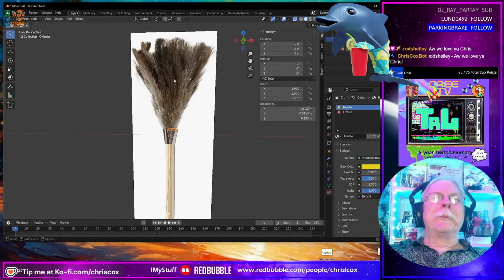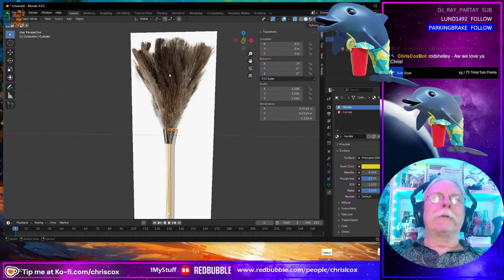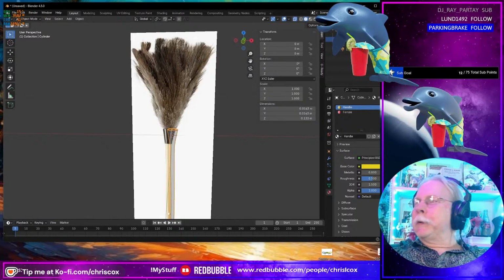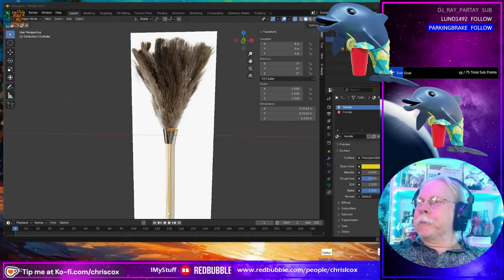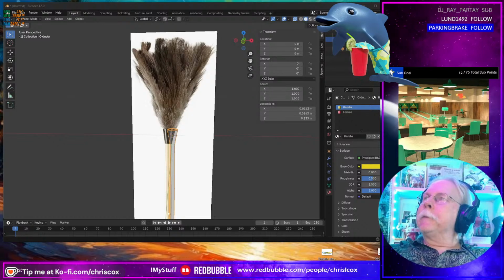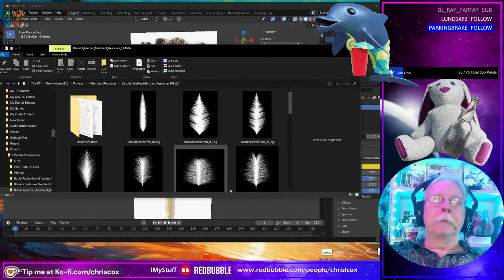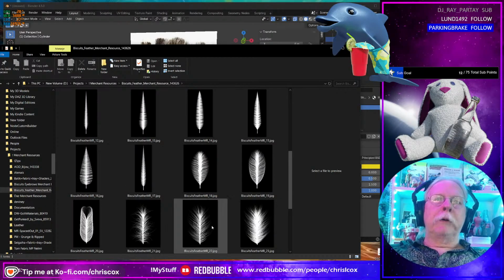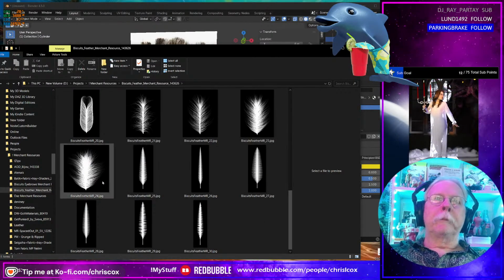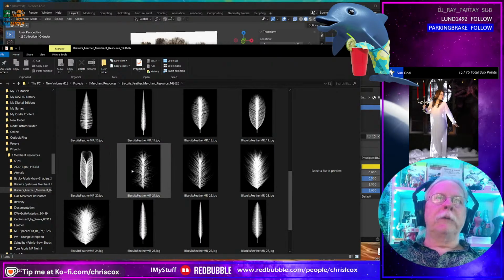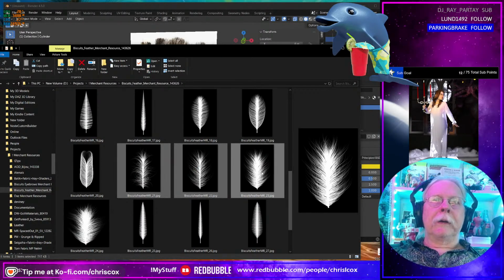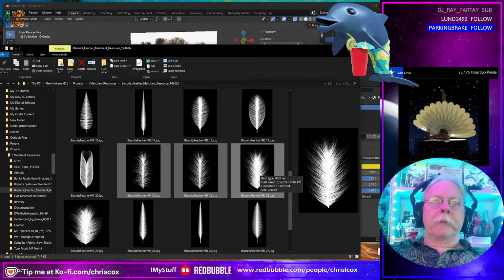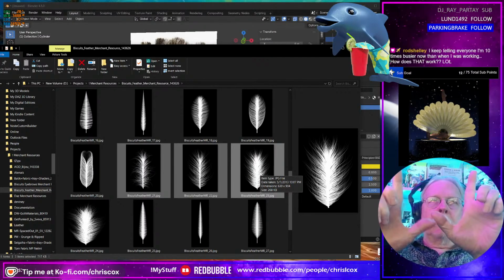I need to put a plane in here that we're going to put our feather textures on. And let's go take a look at my feather textures. So here we go. We got Biscuits Feather Merchant Resource. I think I picked this up at Renderosity some time ago. I can use up to 5 of these. I like that one, I like that one, and I like that one. Maybe that one. I'm just gonna use 3 though. And what I'm going to do is we're gonna lay these up